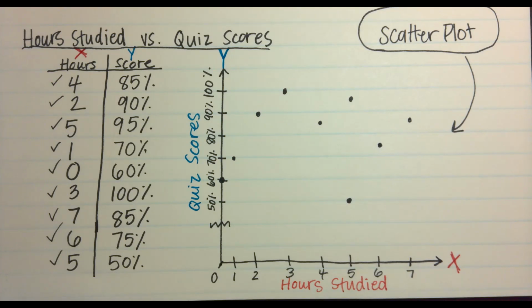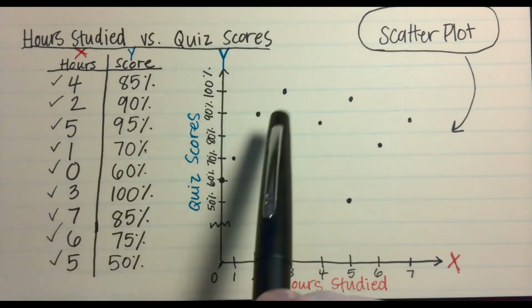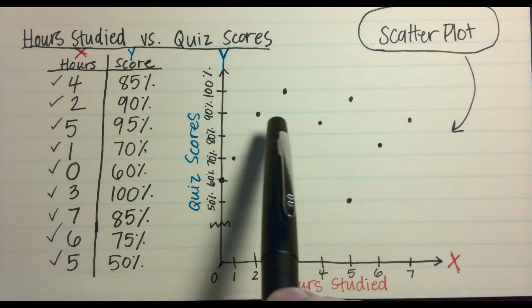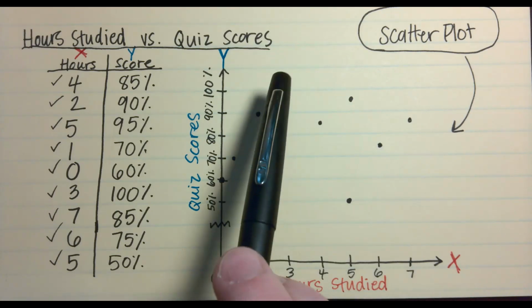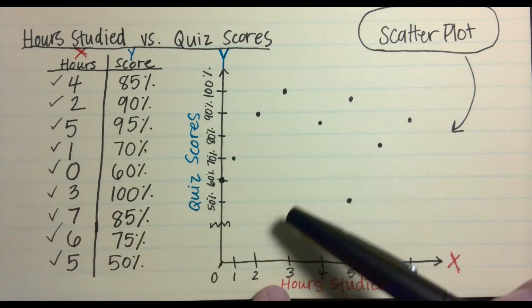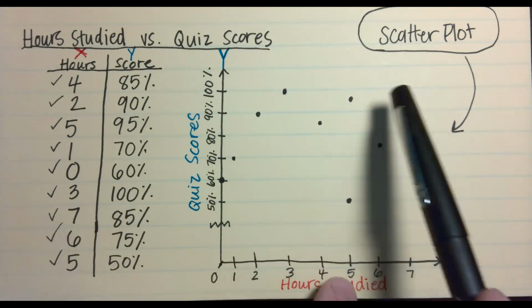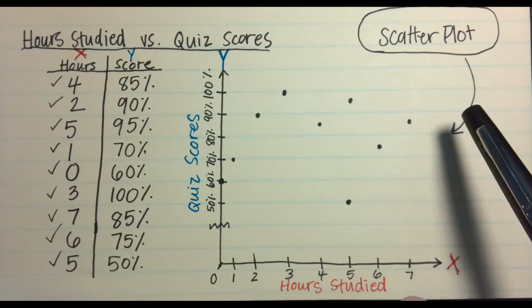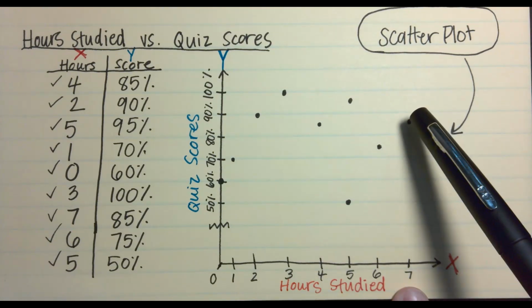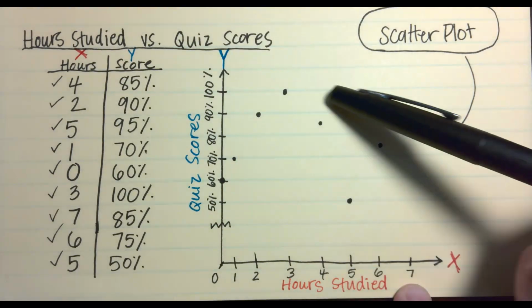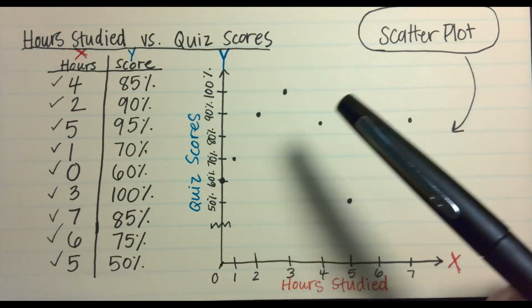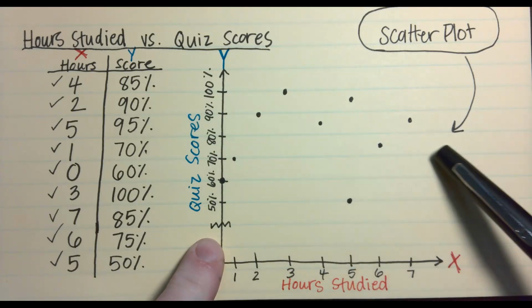Yes, Erica? I think it might have an ever so slight inverse correlation. Ooh, yeah, tell me more about that, an inverse correlation. Well, if we look at the 6 dots at the top in particular, the closer to 7 we get, the lower they get. I do see that. So it looks like this person studied for 3 hours, got 100. This person studied for 5, they got 95. This person studied for 7, they got an 85. So there is a bit of a negative slope happening there. Very slight. Very slight. There is a slight negative slope happening here as well.